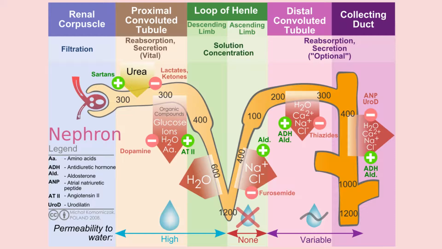So now there is a concentration gradient created from the cortex, where your new filtrate will enter and it will be about 300 milliosmoles per liter, down to where the loop of Henle is present and the solutes are really high, about 1200 milliosmoles per liter. But this concentration gradient would be rapidly dissipated if there was no vasa recta. The vasa recta and its special anatomy, just like the loop of Henle, is a U-turn. Because it has a U-turn, it constantly exchanges solutes in and out.